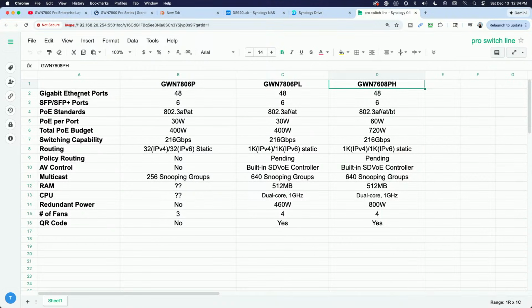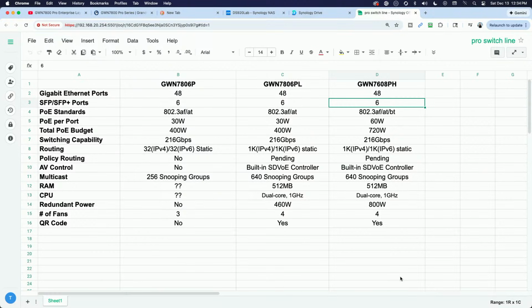7608PH. So a couple of key differences. They all have 48 port gigabit Ethernet, which I was kind of hoping that in the Pro model the RJ45 ports weren't gigabit, but they are, so no improvement there. The SFP plus ports, well, on the 48 port models, they all have 6 SFP plus ports.